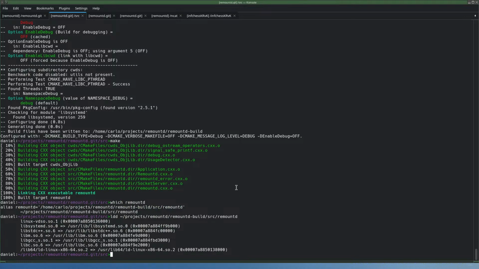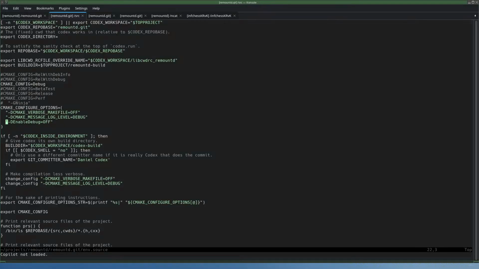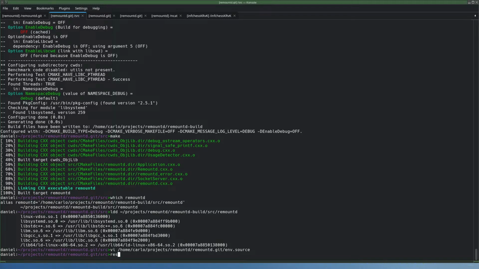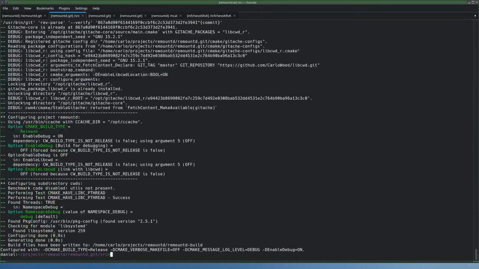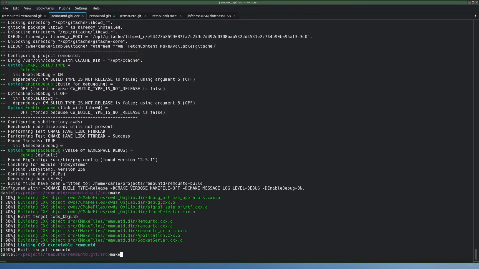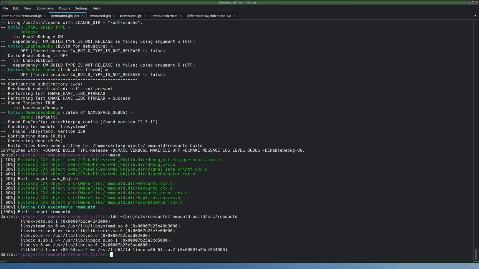Yep, no more debugging. Very good. Release also no debugging, even if you have it on.